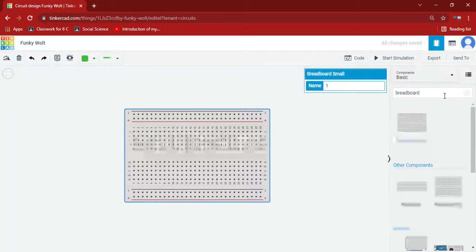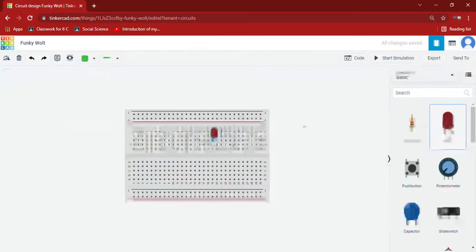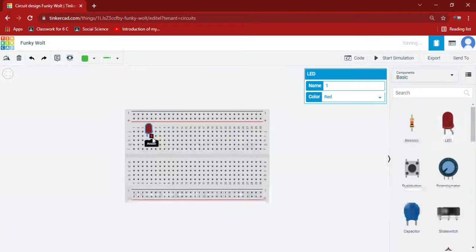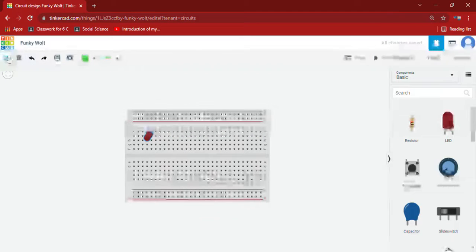For example, I will show you the working of the breadboard. Now I am taking an LED, and in the breadboard you should always keep the LED like this.